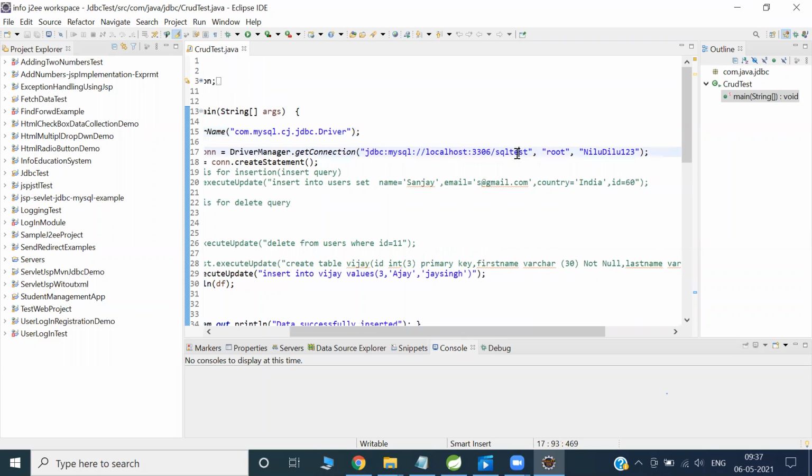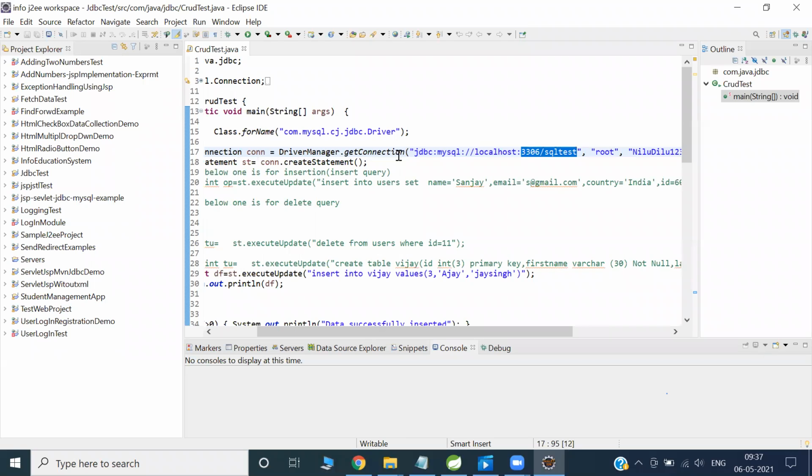At this point of time, if everything is fine but you have not installed the MySQL software in your system, do you think it will successfully connect? No. And even if it is successfully installed in your system, your Java doesn't know. That's why these two lines are very famous. Again and again I'm telling, these two lines are very important, very famous in JDBC.